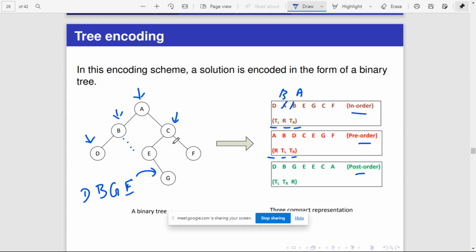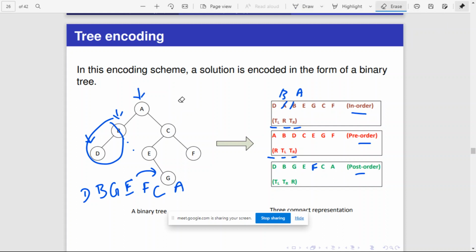Okay, so as there is no left, we first display right and then the root E. Okay, now for this particular part the left is done, the right should be visited. Okay, that right is what? F and then C. Now the entire tree's left is visited, right is visited, then the root should be visited. So it is A. Okay. So D, B, G, E, F, C, A. So this is the order, right?